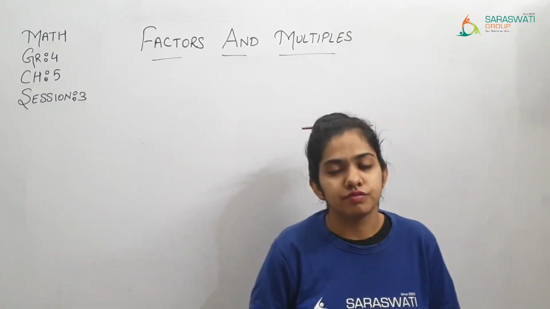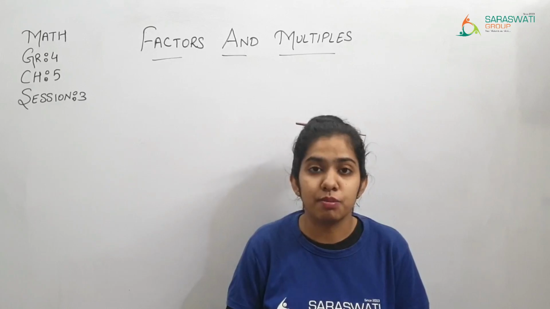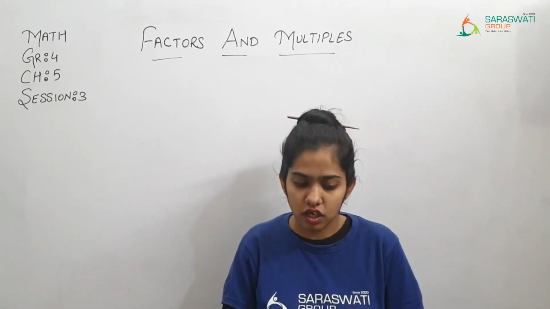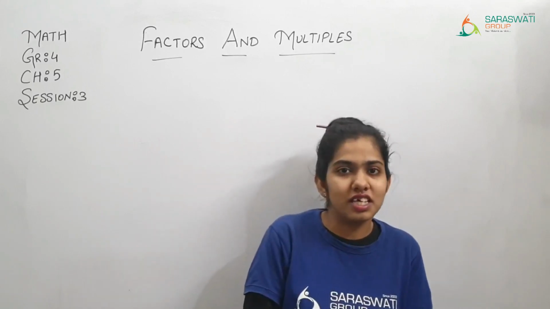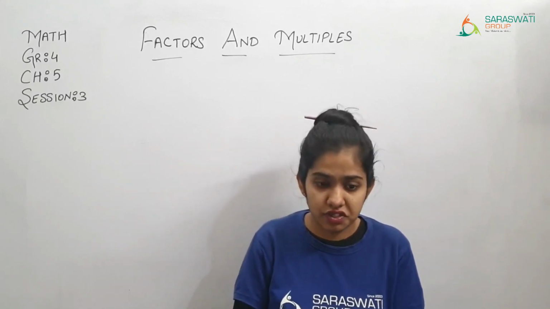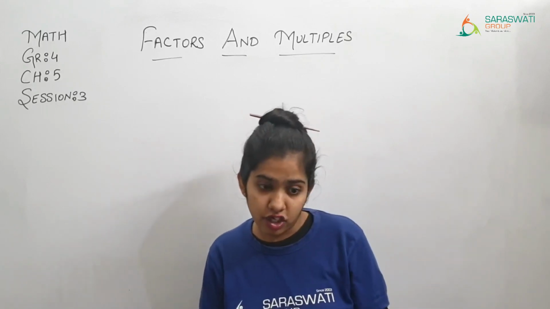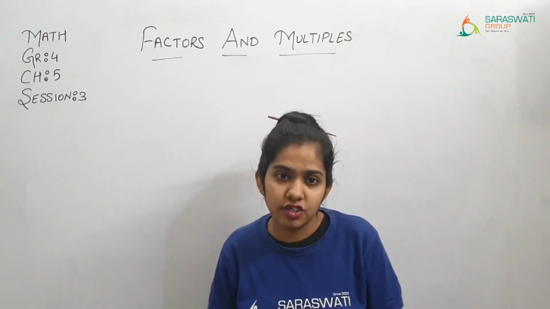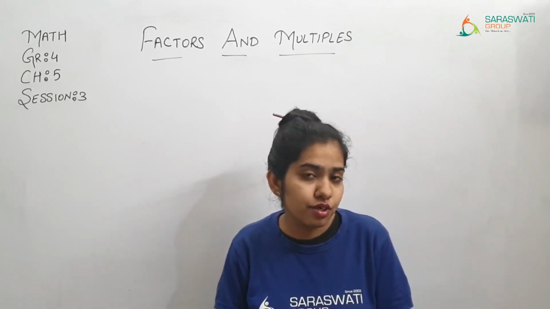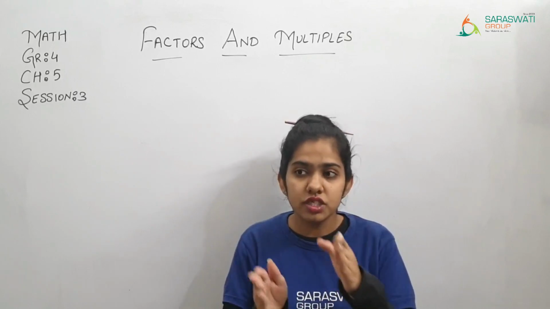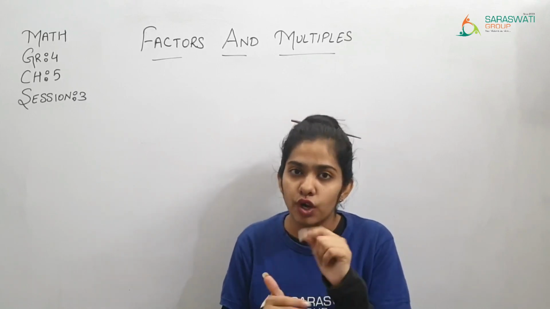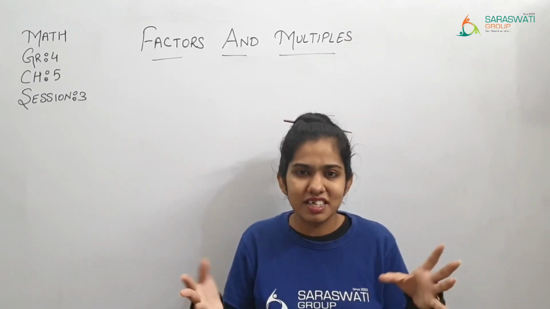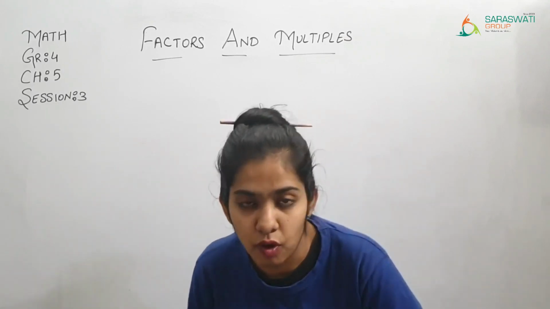The product which we get by multiplying two numbers, those two numbers are our factors, okay? And we have also seen some points of factors: 1 is a factor of every number, every number is a factor of itself, the greatest factor of any number is the number itself, and the lowest factor of any number is 1. Then 2 is a factor of every even number. So these are some of the points we have learned about factors.